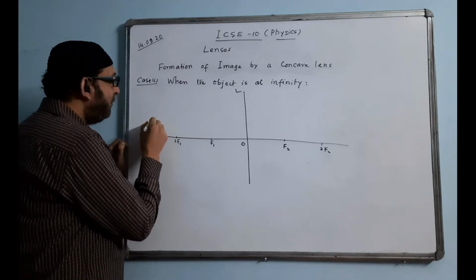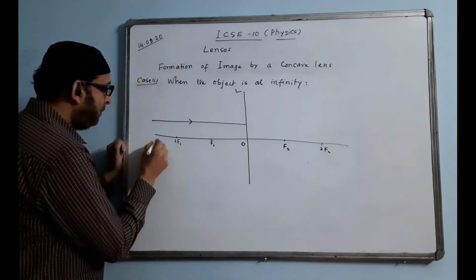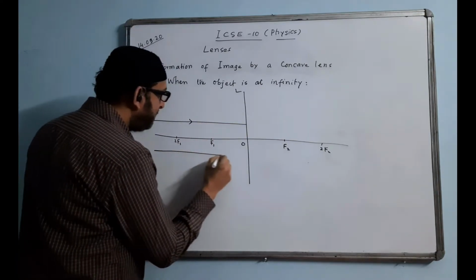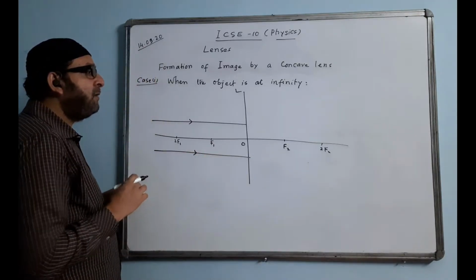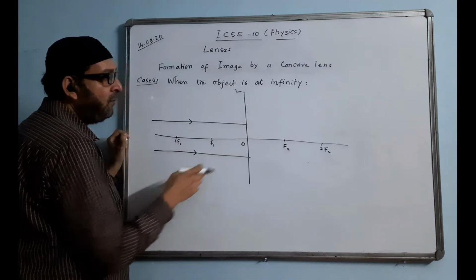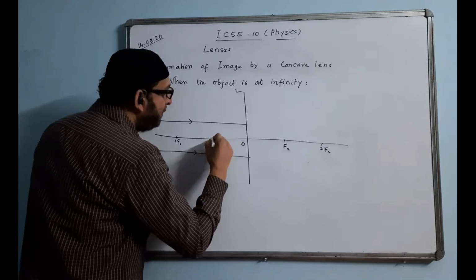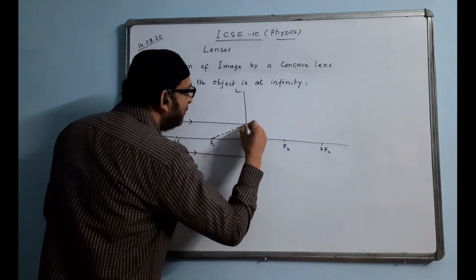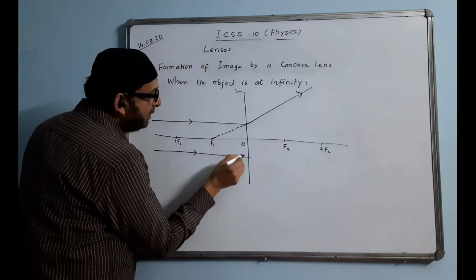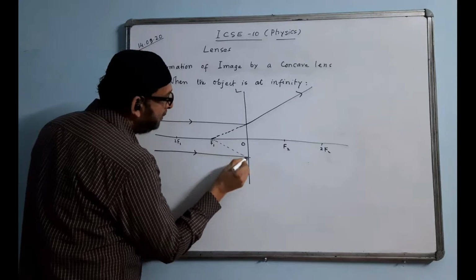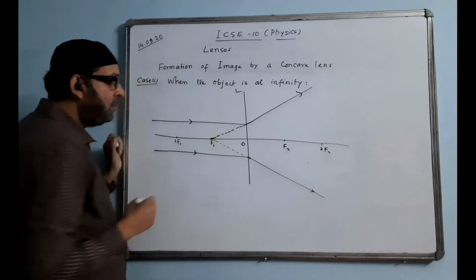One ray will take one line above the principal axis, one line below the principal axis. This lens is concave, so the ray will diverge. The ray will not pass through F2, rather it will appear to pass through it. Here is the main focus. So it will be moving like this. From here we will begin this line. This point will be joined by a dotted line, and we will extend this. Here is the image formed.